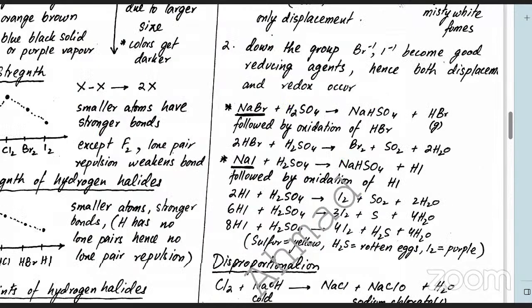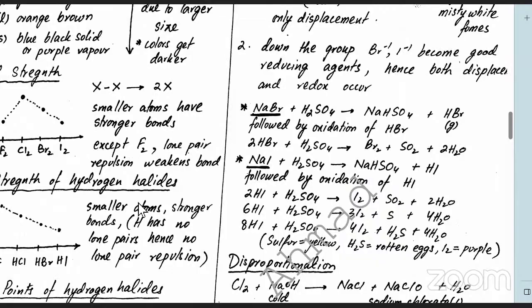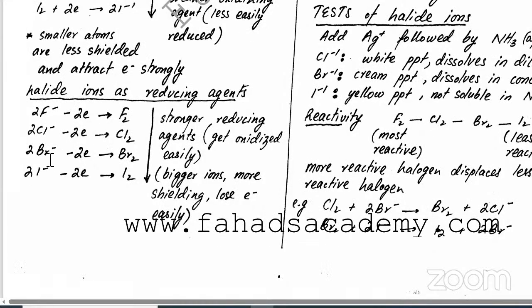Look, this was in inorganic, if you check your notes. The bottom ones, Br-1, I-1, they're bigger ions and they lose electrons very easily. Do you get the idea? They want to lose electrons. The top ones are the smaller ions, they don't like to lose electrons. So the bottom two are very good reducing agents. Anyone who loses electrons acts as a reducing agent. So here what happens